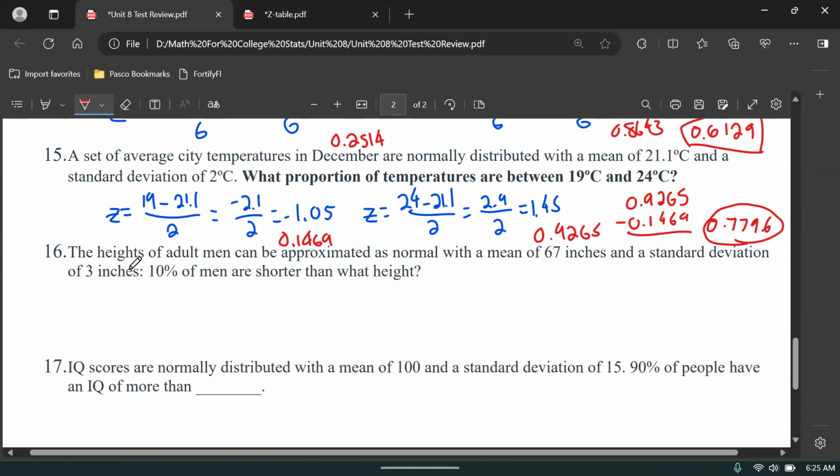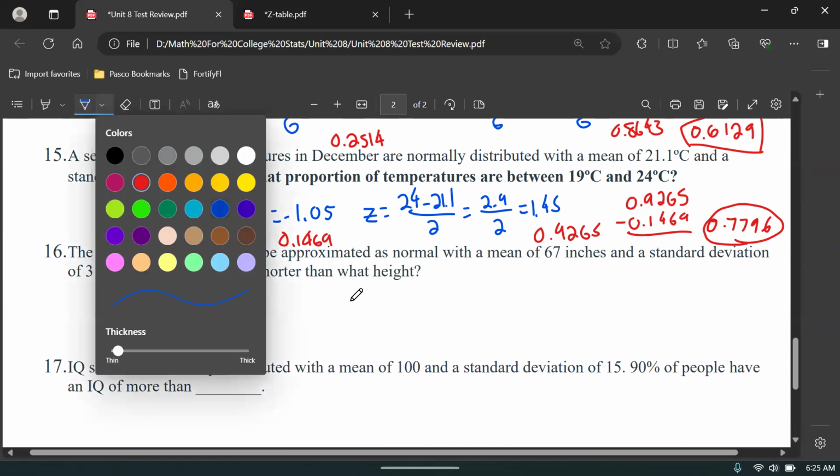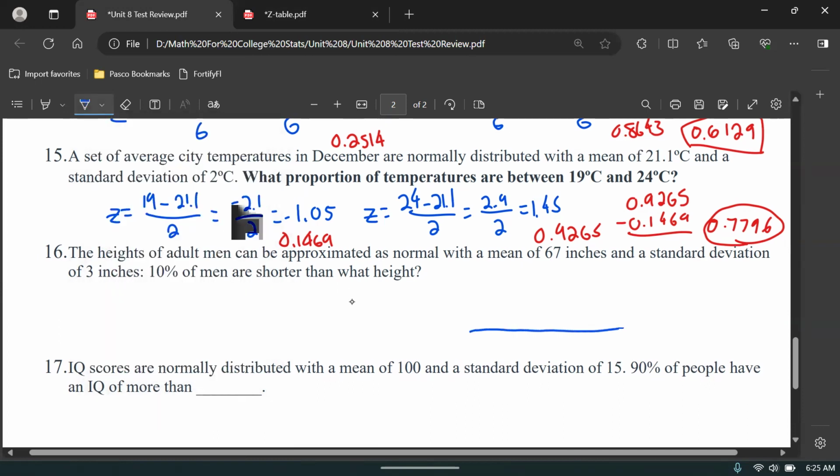Number 16, the heights of adult men can be approximated as normal with a mean of 67 and a standard deviation of 3. 10% of men are shorter than what height? Okay, so this one's kind of a reverse problem. So if you imagine it here,